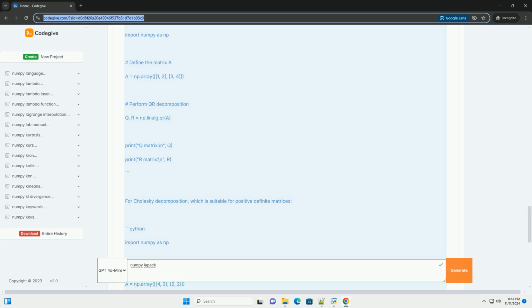Conclusion. NumPy provides a user-friendly interface for performing various linear algebra operations using LAPACK. The functions demonstrated above cover some of the most common use cases. For more advanced needs, you may want to explore the scipy.linalg module, which offers additional functionalities and more control over